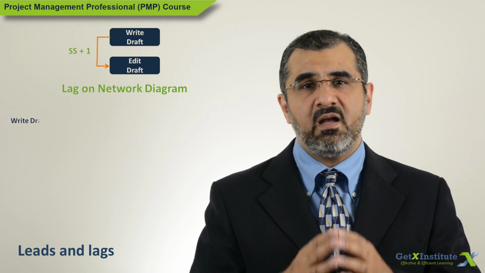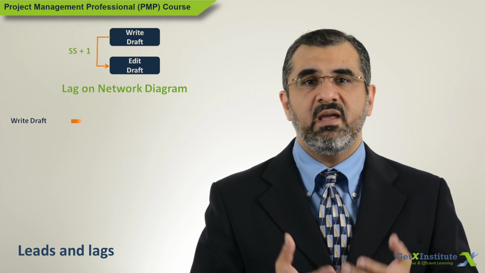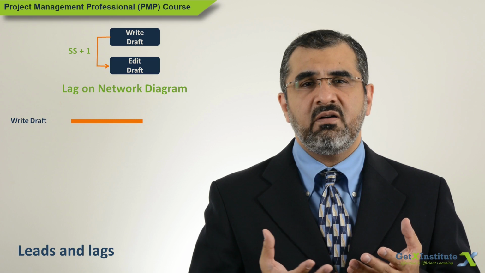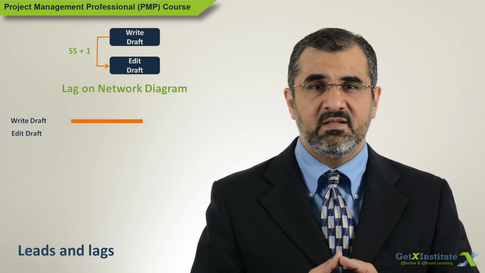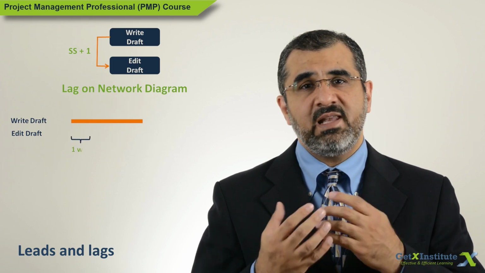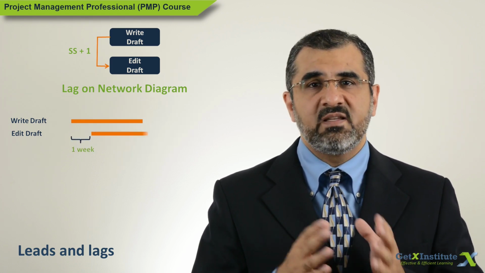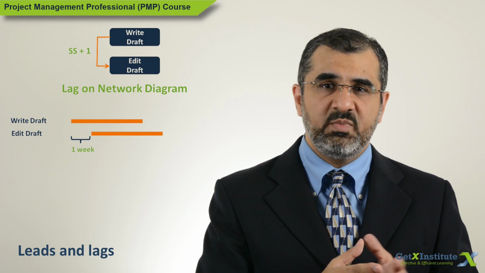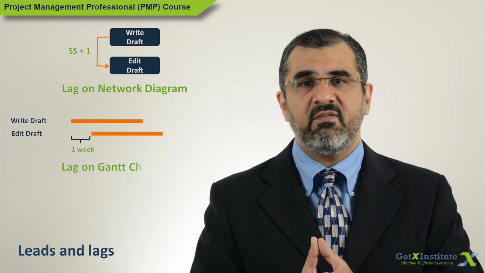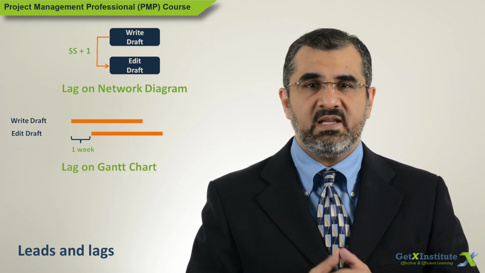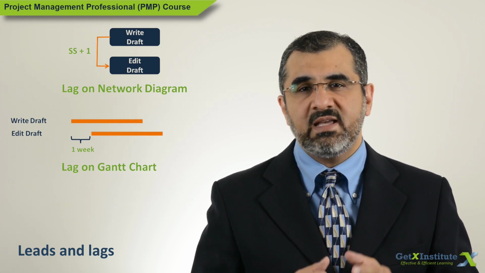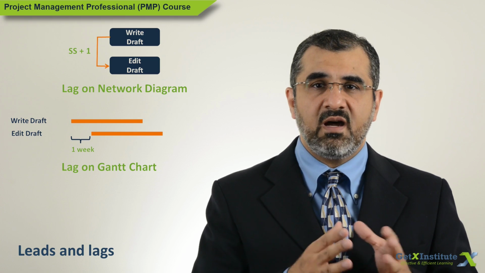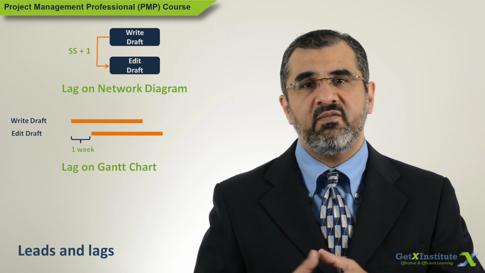A lag is almost always represented by an addition or a positive sign to show that time is being added. In the first example, the lag is shown as FS plus 7 days, which is finish predecessor, wait for 7 days and then start the successor activity. In the second example, the lag is written as SS plus 1 week, start predecessor, wait for 1 week, then